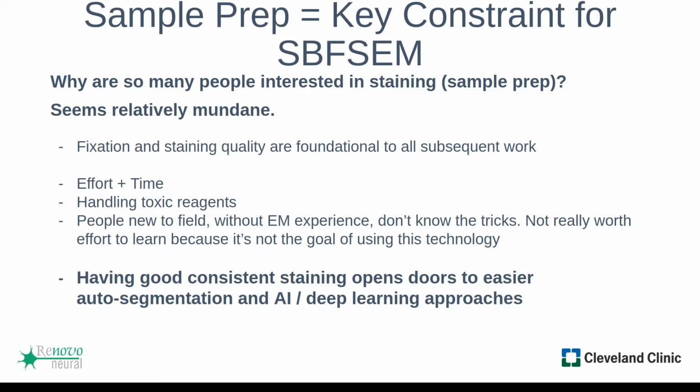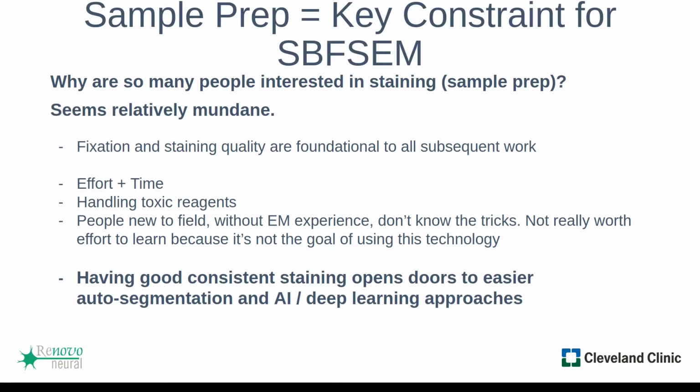And at Renovo, with the standard manual staining we would do, we increased the time on certain steps, which made the process even longer and more painful. But as a company and now as a core, we care a lot about having good, consistent staining, which opens the doors to easier auto segmentation and AI approaches, such as deep learning approaches, which was important to us as a company who was doing serial block-based EM studies for pharma and commercial companies as a high throughput approach to mine quantitative data from serial block-based sets. And I say high throughput with finger quotes in the air because it's still electron microscopy,